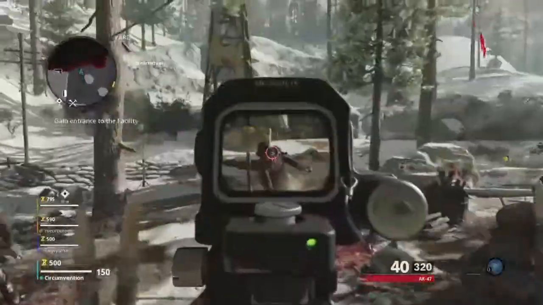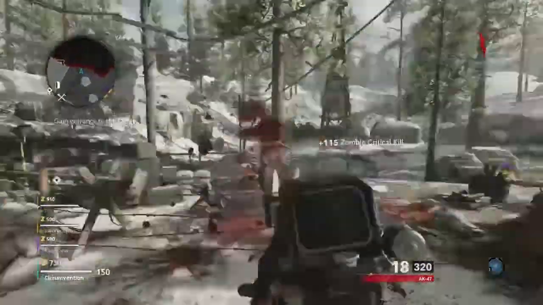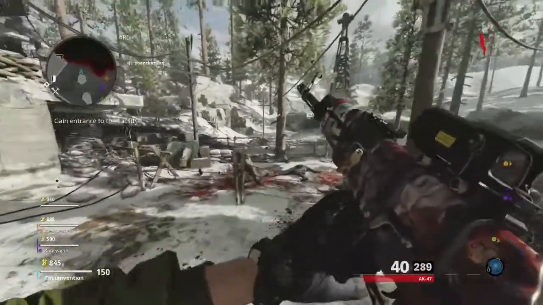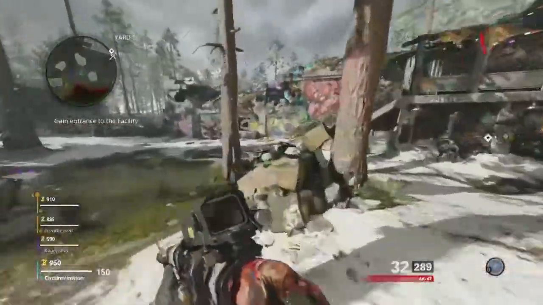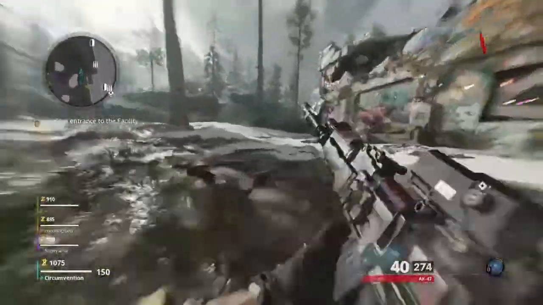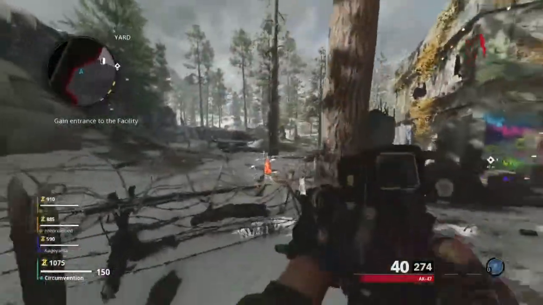My number 1 tip is to find a gun that suits you and your playstyle. Now luckily in Cold War you can bring whatever gun you want into the starting room. You can bring your assault rifle, sniper rifle, shotgun, anything you want. And I think this is good because Die Maschine already is a really dynamic map that allows you to use virtually any playstyle, and allowing you to bring whatever gun you want into the game I think really adds to